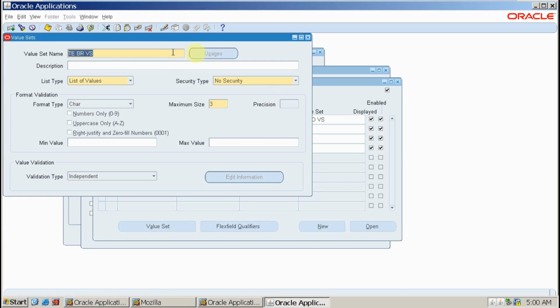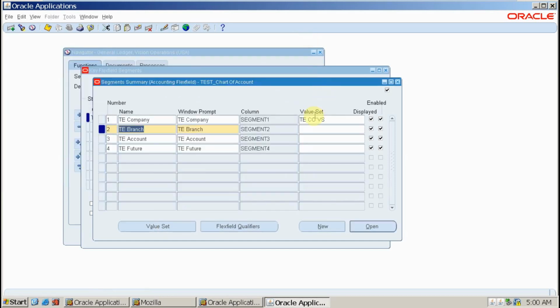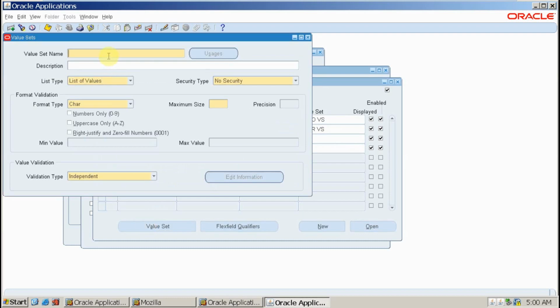You can copy this name and simply paste here, because whatever we have created is not required to search once again. Next for account, select the value set button, TE account value set. The size of the accounting will be more. Basically, it is unlimited. You can create a number of accounts like income, expenditure, direct expenses, asset, current assets, fixed assets, fictitious assets, intangible assets, tangible assets, current liabilities, revenue accounts.